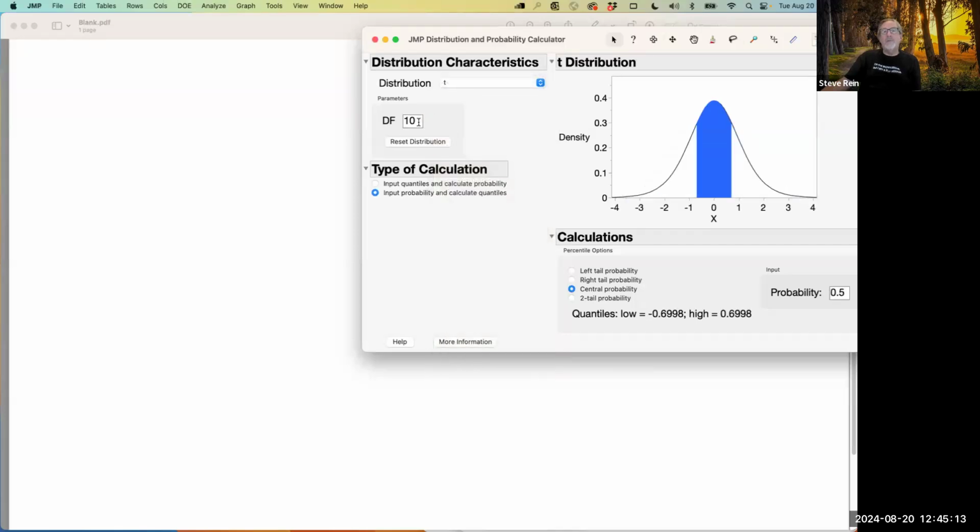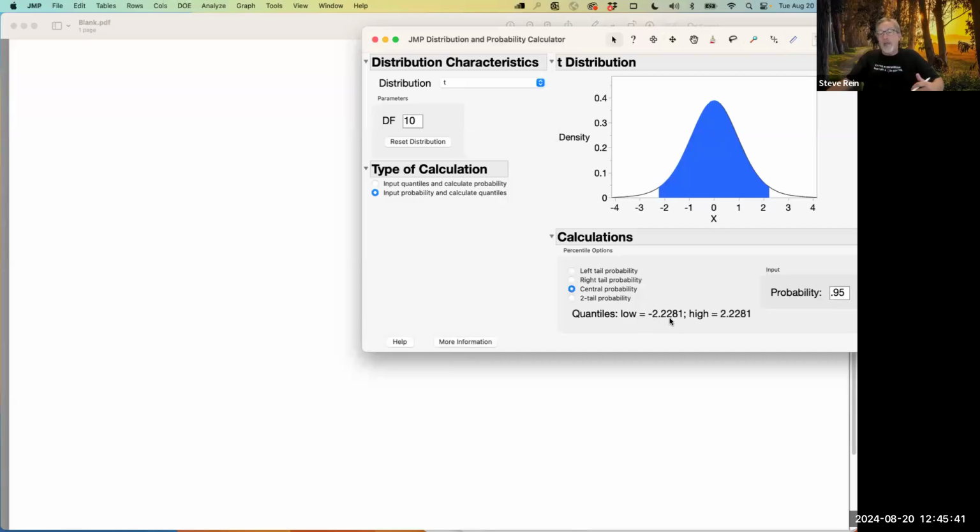Okay. And you can spot degrees of freedom is a number that you have to plug in. I'm going to run with 10 for now, as though our sample size was 11, which gives us 10 degrees of freedom. Again, n, the number of data points, minus 1 is the degrees of freedom I'd use for this approach. And I want a central probability of what? Well, 0.95.